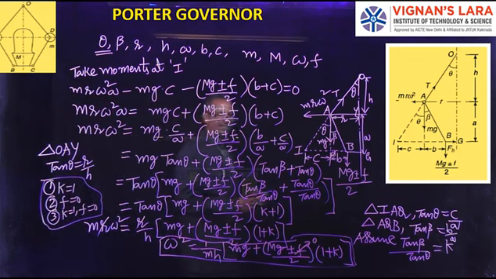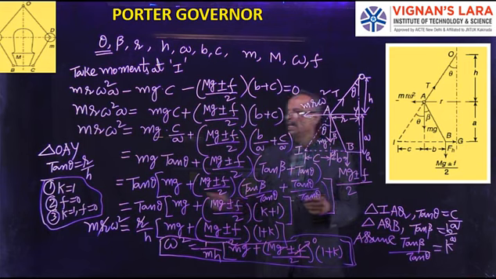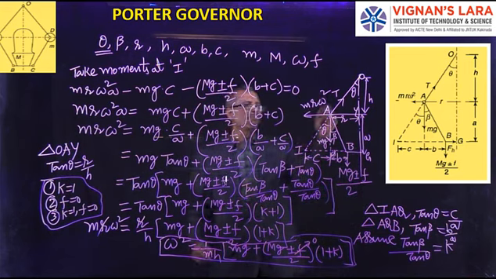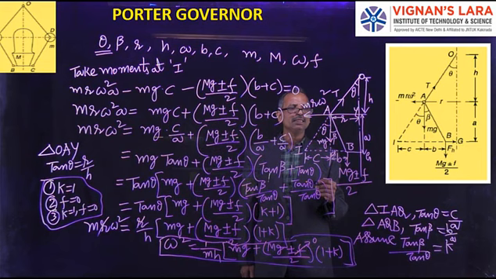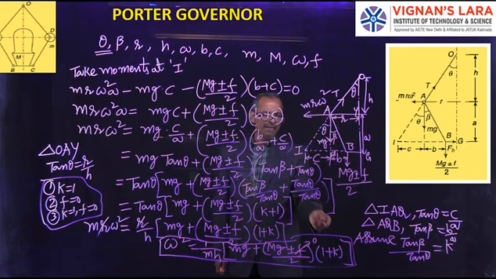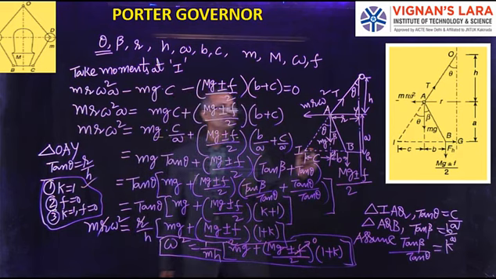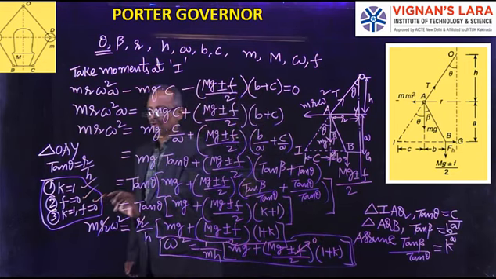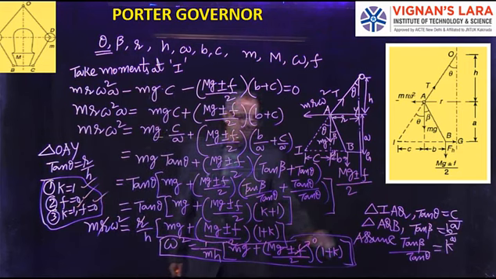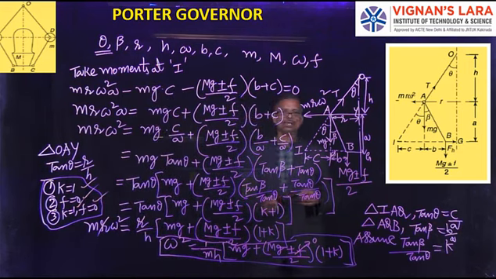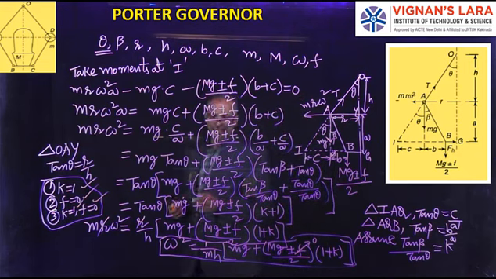So you can simplify this equation by writing 3 different cases where the upper arms and lower arms are the same length and they are pivoted to the same length of extension links, or they are directly coupled to the axis of rotation. K becomes 1. You can rewrite the equation. Or if you consider friction is 0, then simply another equation you get. If you consider f is 0 friction and k is 1, the equation can be rearranged. So depending upon your requirement, you can rearrange them.